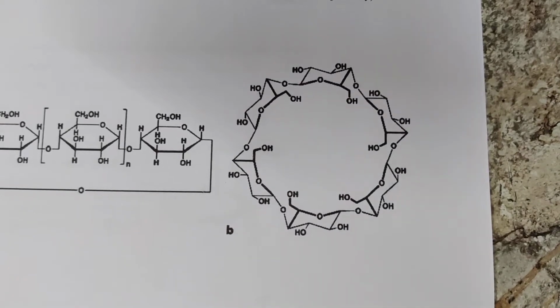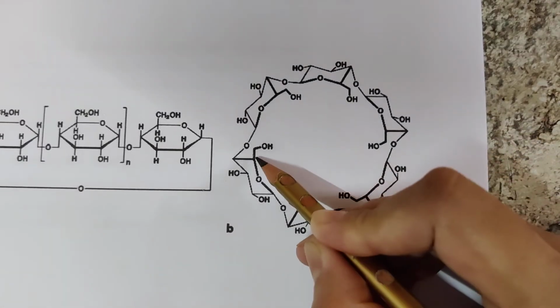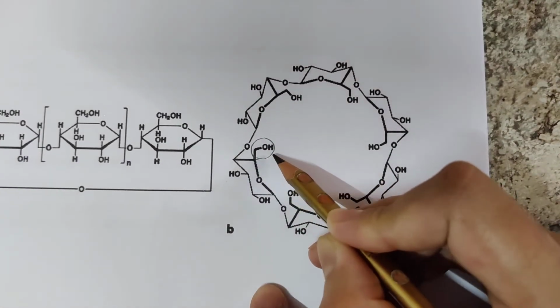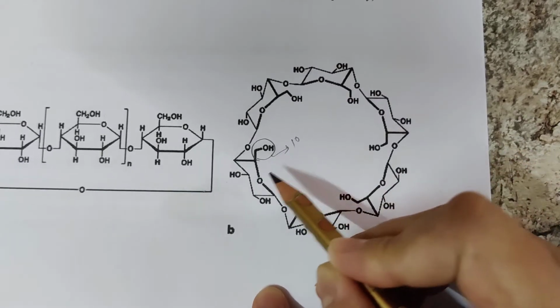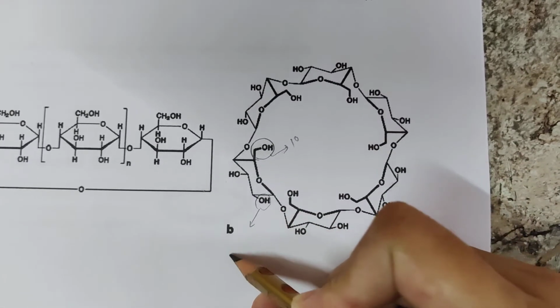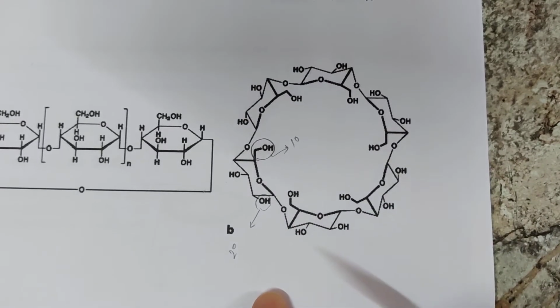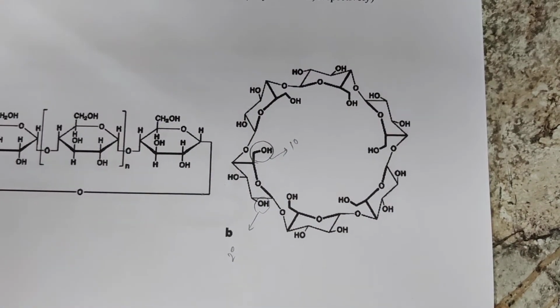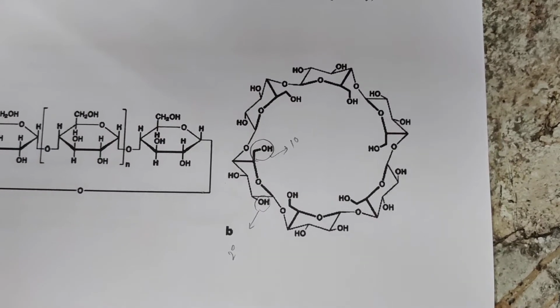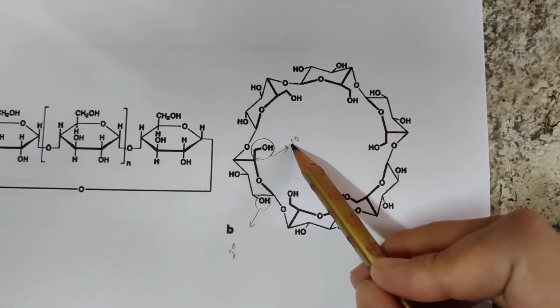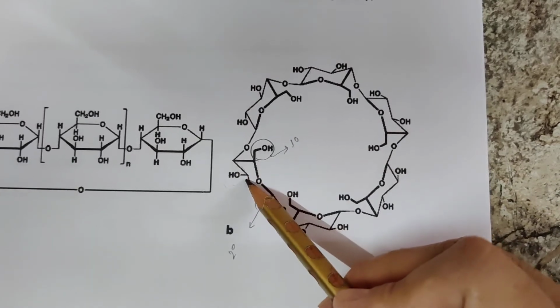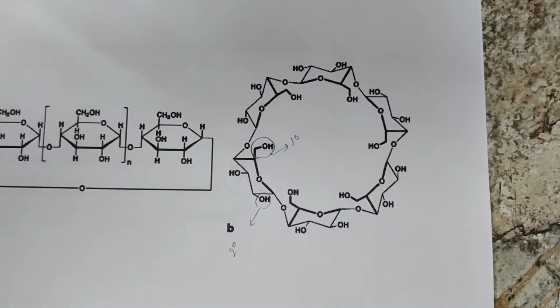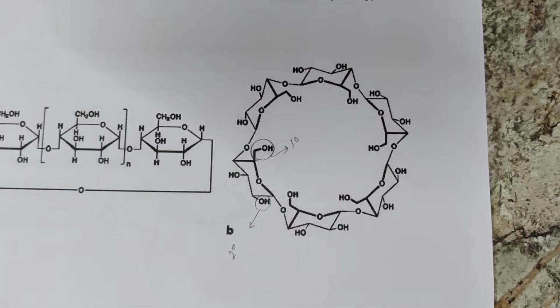And if we talk about the type of hydroxy groups present, there are 2 different types of hydroxy groups. If you look inside the ring, these are primary alcohols, and on the outside you have secondary alcohols. Per 1 glucose unit we have 1 primary alcohol and 2 secondary alcohols. So basically the number of secondary alcohols is twice that of the primary alcohols.